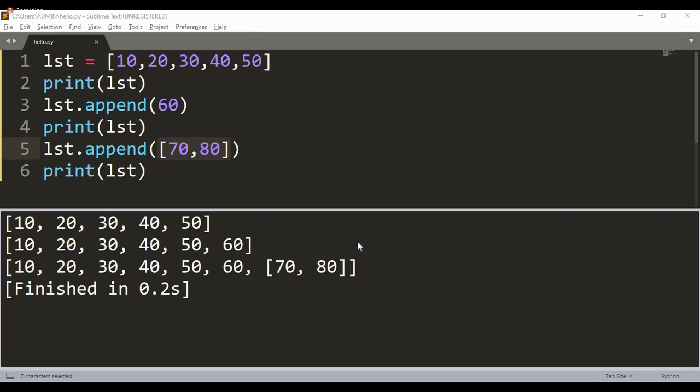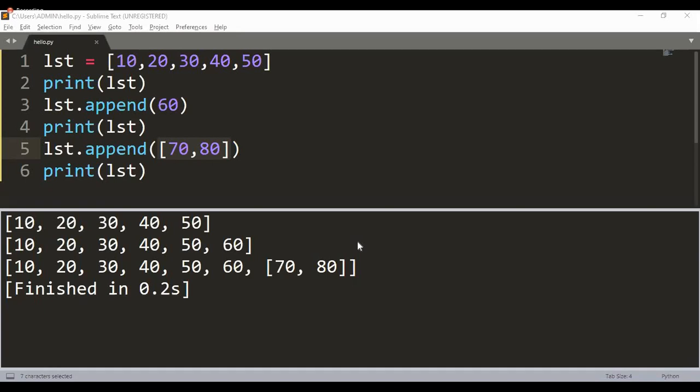The append method in Python adds a single item to the existing list, full stop.